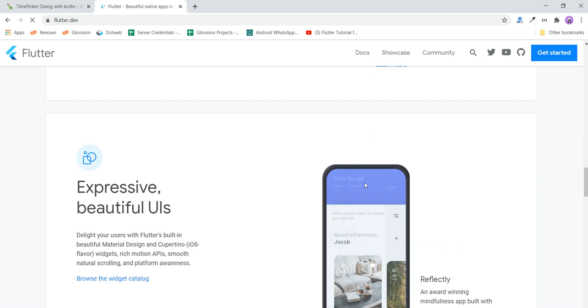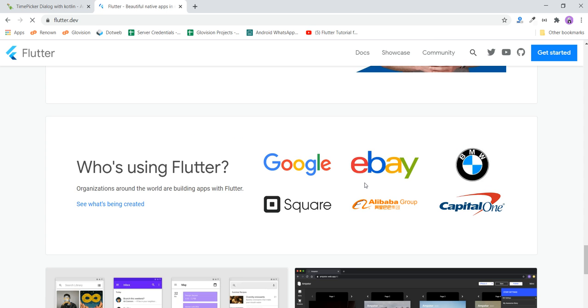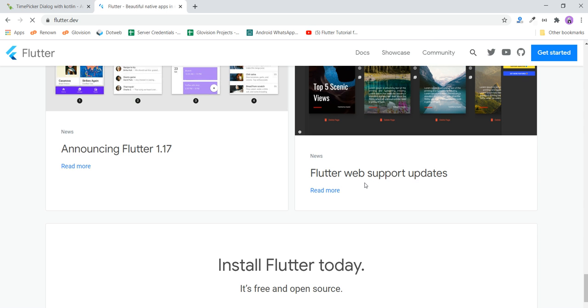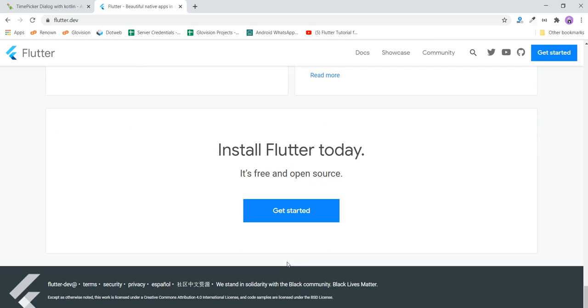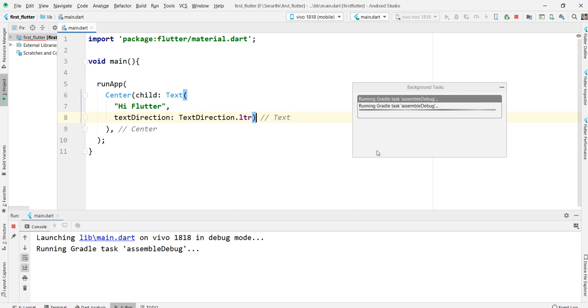There are a lot of things in this, so we can see what should happen and how it is supported for web applications and so on. We can discuss it in detail. We already discussed that it's open source, and because it's open source it is more comfortable and easier to use. We can see that clearly in our coming sessions. But wait one more minute for this application to run.